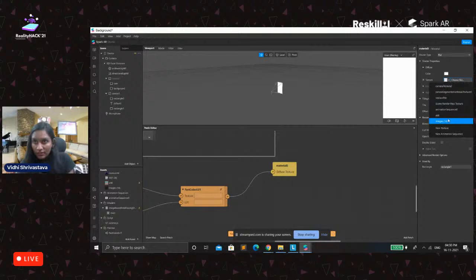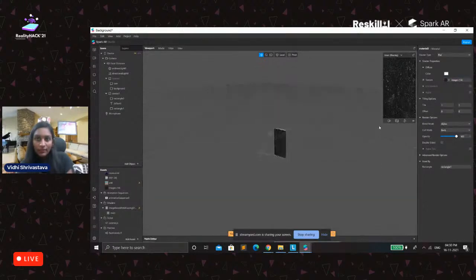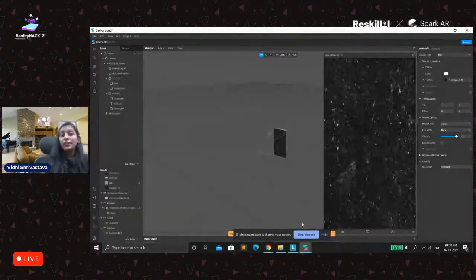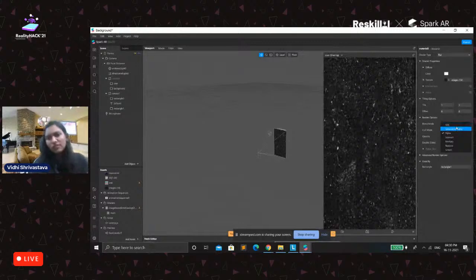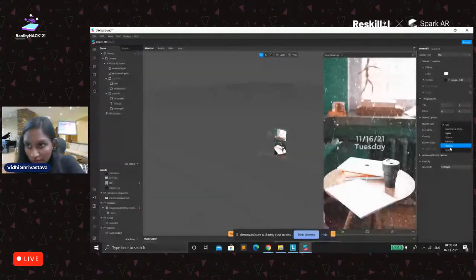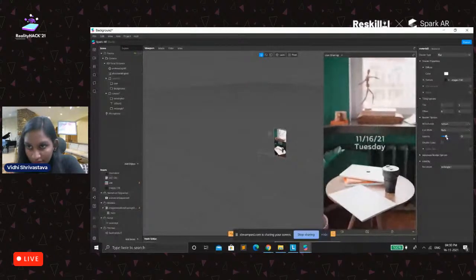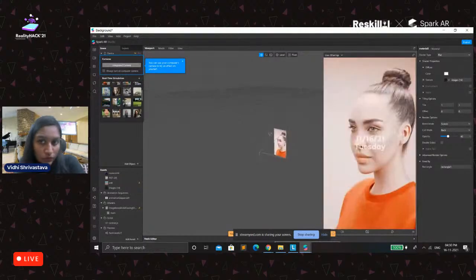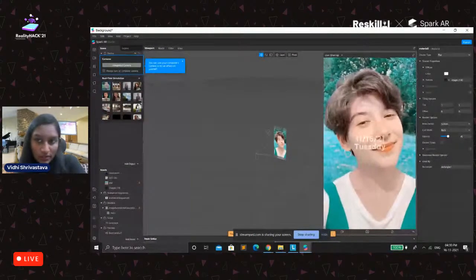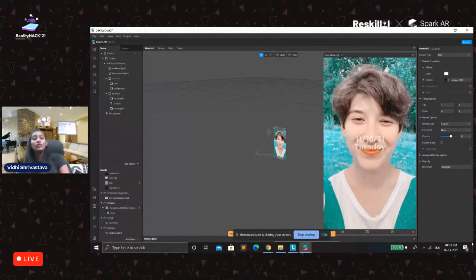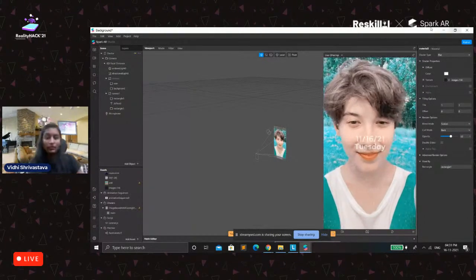Let me choose this texture. Now see, you can't see that image and everything just disappeared. Now what you have to do is blend it from the render option, and the blend mode should be add or screen, depends on you. So you can just screen it and decrease it a little bit. Intensity depends on you. So if you want to see it on other faces, you can add this dust effect like this.